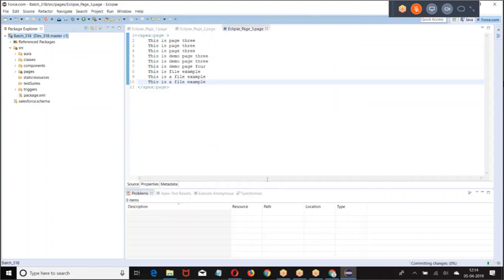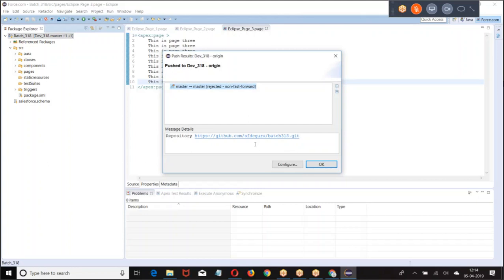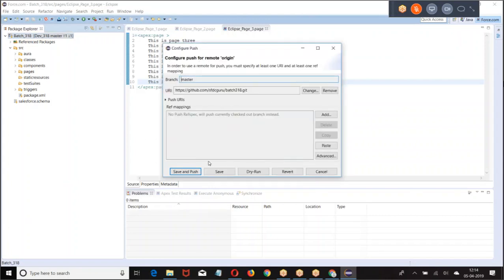Commit and push. Basically, make changes, make commit and push, or else pull. Rejected, non-fast forward. Why was there an issue with that?